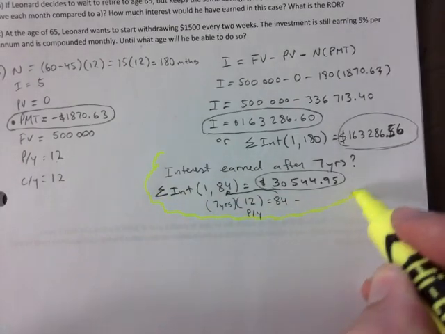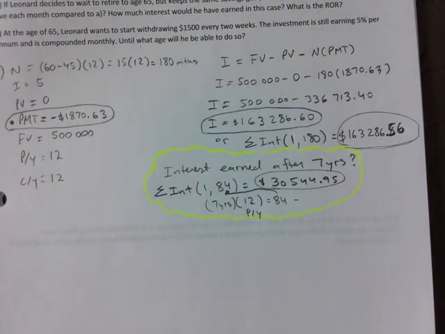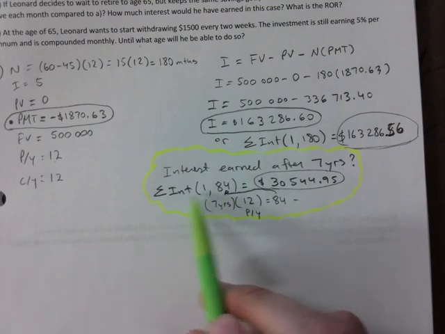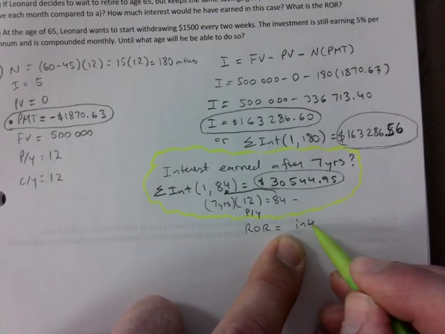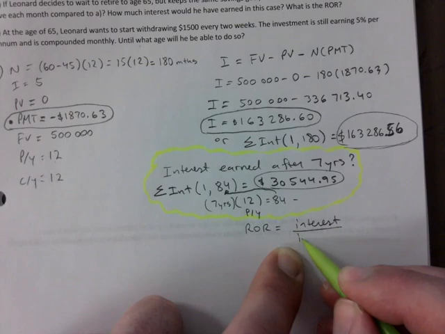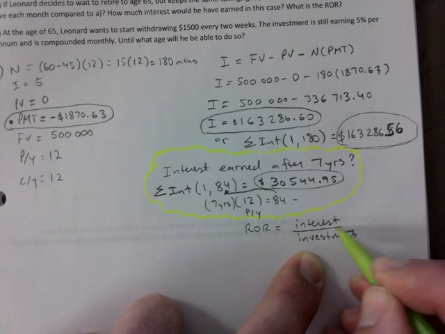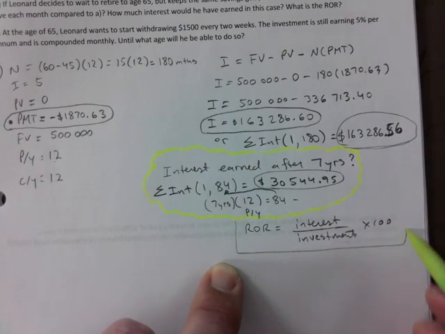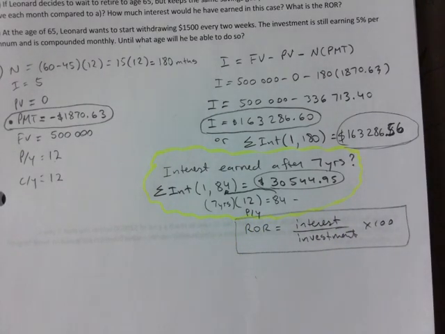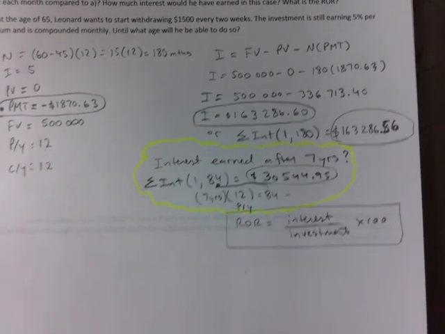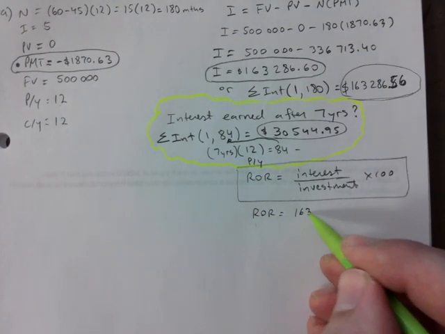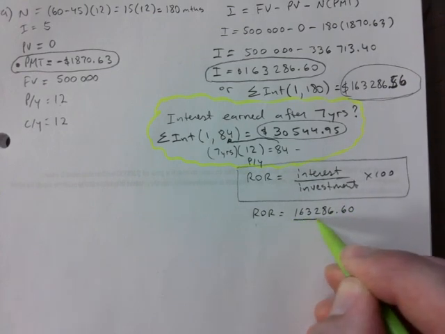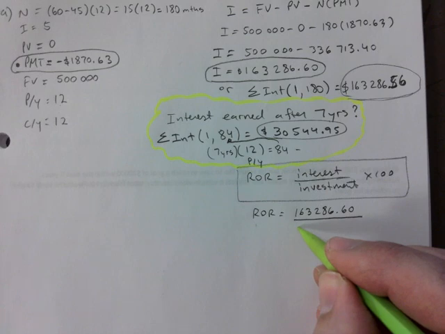Okay, so this is just an aside, right? Complete aside. I didn't ask for it, but this is to emphasize the importance of knowing how to use this. The rate of return is interest over investment times 100. This is rate of return at its core. That's what rate of return is. So rate of return is 163,286.60 divided by the investment. In this case would be present value